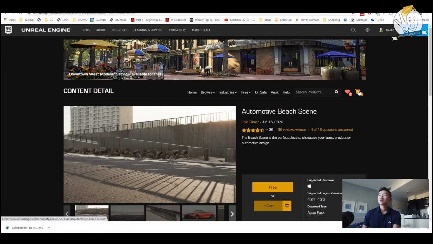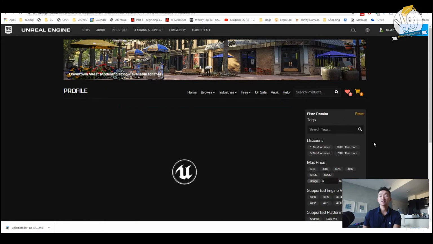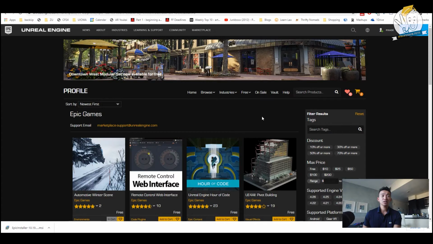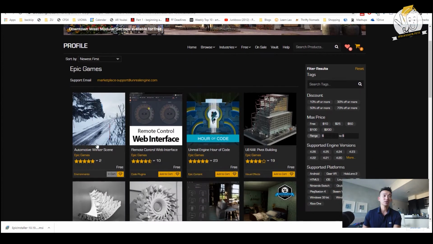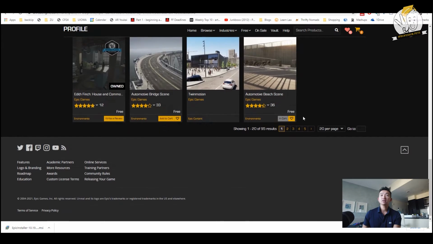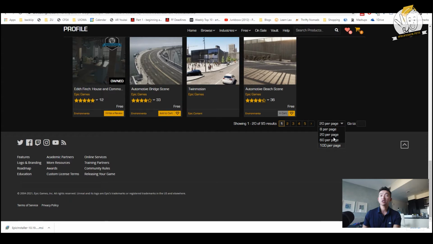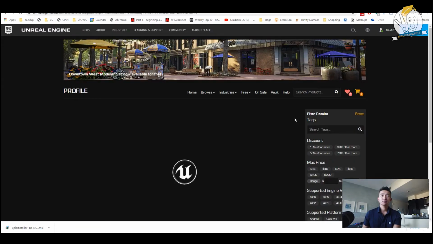So there it is. The other thing that you should download, since we're on the Unreal webpage, is to go under free, go to Epic Games Content. And what you want is the starter pack. So right now, as you can see here, this automotive winter scene, that's kind of interesting. I'm curious about that. But we can go all the way down, go to 100 per page, and it's called